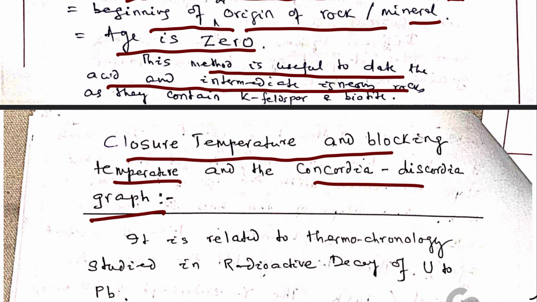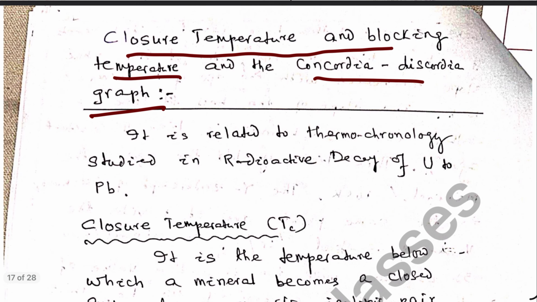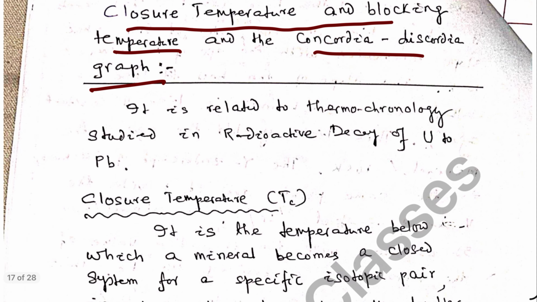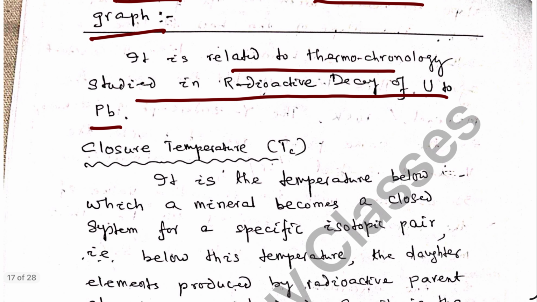Now let me discuss closure temperature, blocking temperature and the Concordia-Discordia graph. It is related to thermochronology studied in radioactive decay of uranium and Pb. So let us discuss what is closure temperature, what is blocking temperature, what is Concordia, what is Discordia